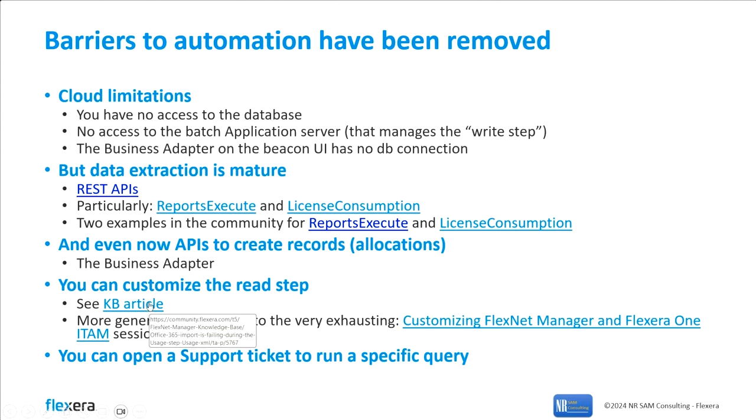This knowledge base article shows how you can customize, for instance, the Microsoft 365 usage data collection. And there is a full session on the community about customizing FlexNet Manager and Flexera One. So have a look at this session,